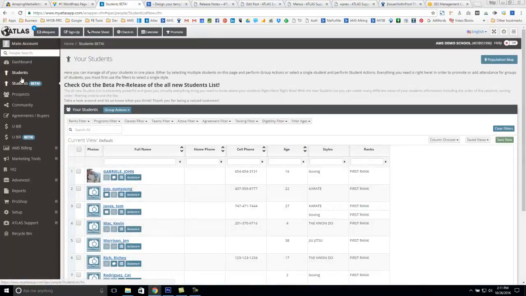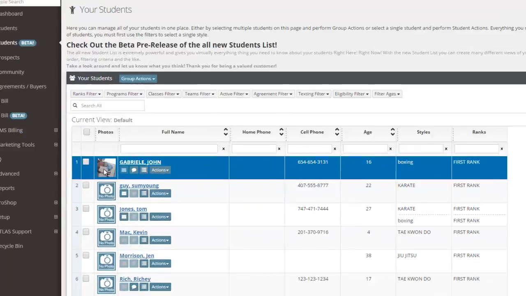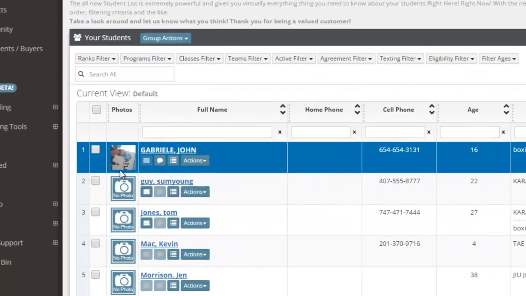I'm going to go to the student beta list. This is going to be the primary student list before too long. This is sort of our customizable, sortable and searchable list. The first feature I wanted to show you is that many of our clients have let us know that some mobile devices, iPhones and tablets, iPads, sometimes upload the picture of a student